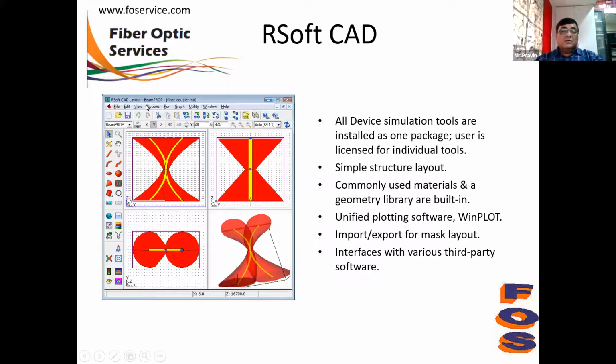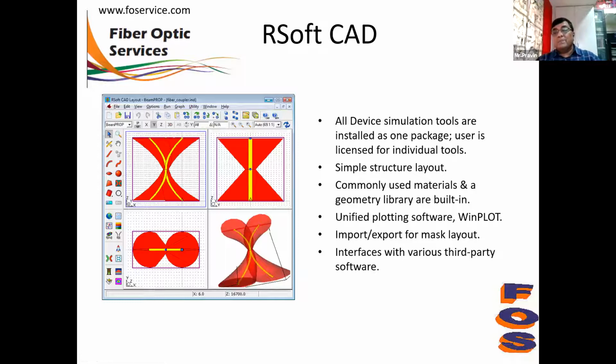So this is how the RSoft CAD looks. I'll also switch back and forth between the presentation and the actual software to give you the idea. All the device simulation tools are installed at one time.